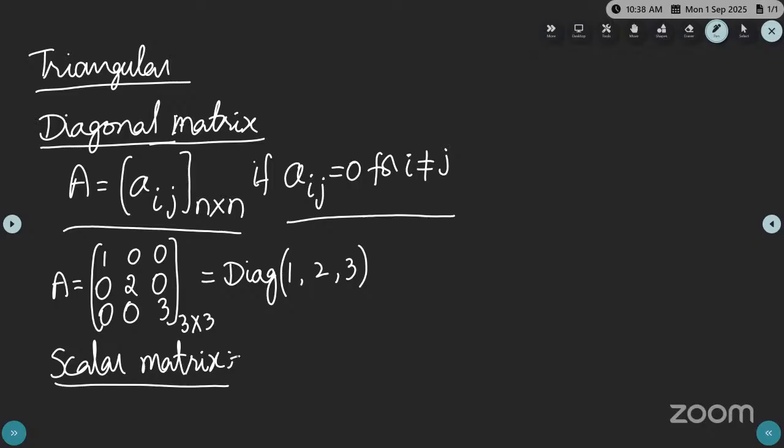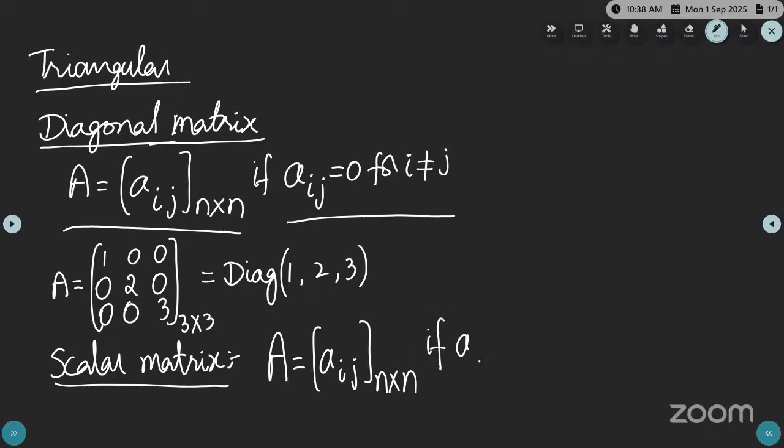A square matrix A = [aij] of order n by n is said to be a scalar matrix